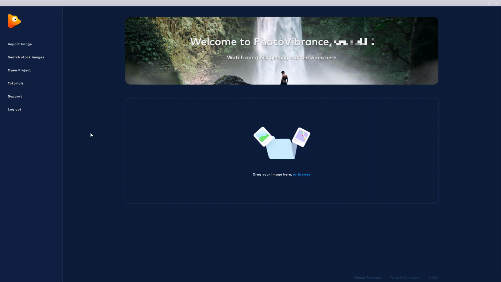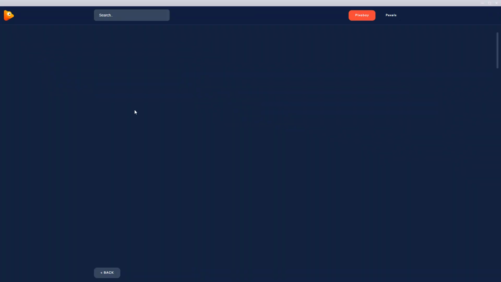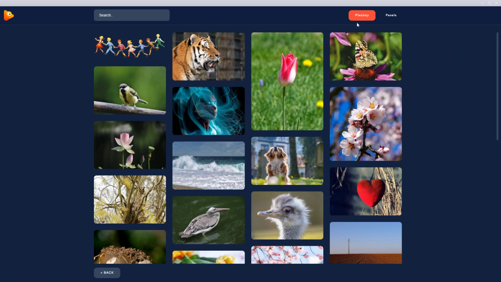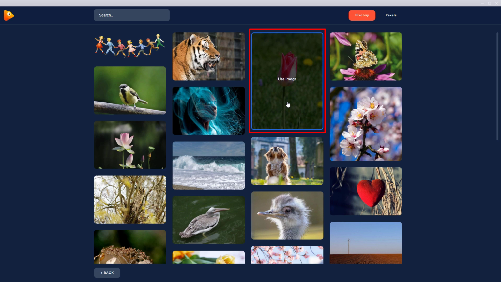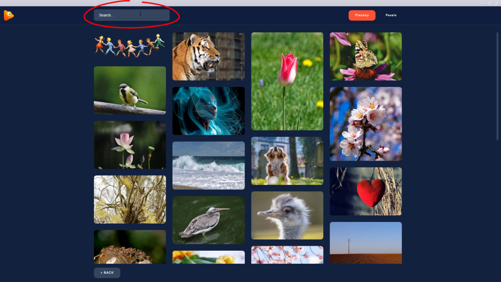So now we're going to start and we're going to search stock images. Like a lot of software at the moment, you can search through Pixabay and Pexels only for still images. Something like this image here is going to work so much better than something like this. You need elements that would be moving or you would expect to be moving within your image. You can also search, which is tremendously useful, and the search is quite quick.